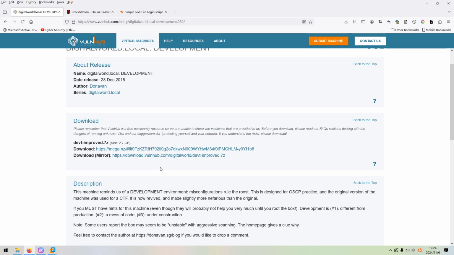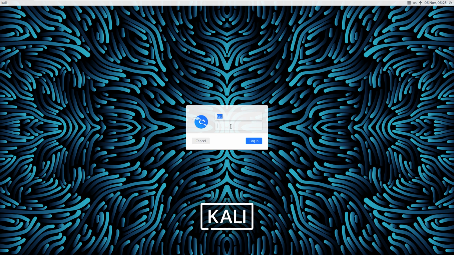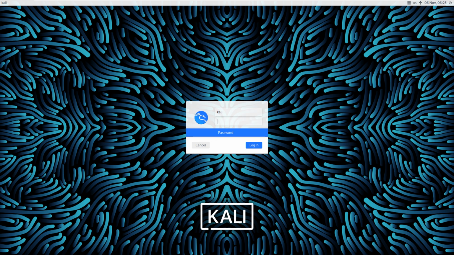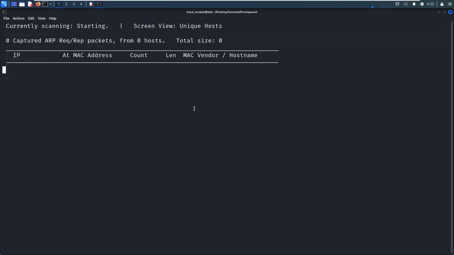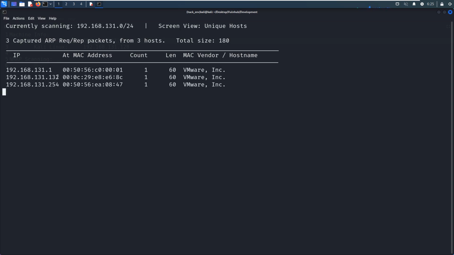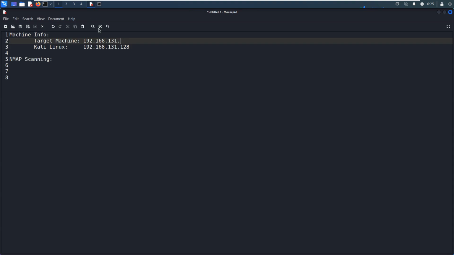We can switch over again. This machine, I think, will work better with VMware rather than VirtualBox. Okay, so now we can head over to the Kali Linux VM. As usual, first of all, we need to discover the IP address of the target. The utility I'd like to use, as always, would be netdiscover. As you can see, the IP address of the target is recognized as ending in 132. So we can note down this information because we will need it afterwards.